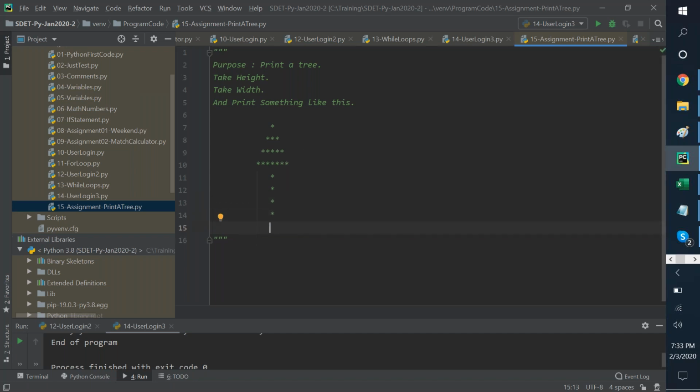So for this example, height is 1, 2, 3, 4. We'll give the same 1, 2, 3, 4. Okay, so it's equal, like height is 8.